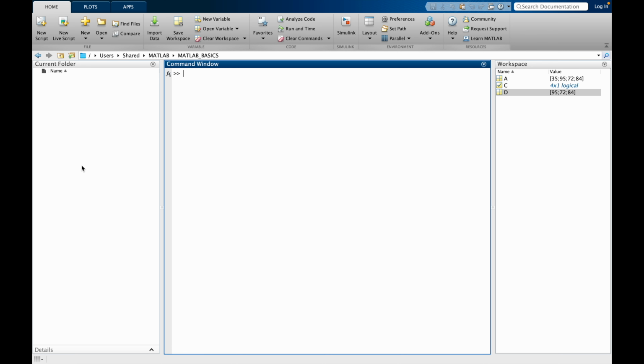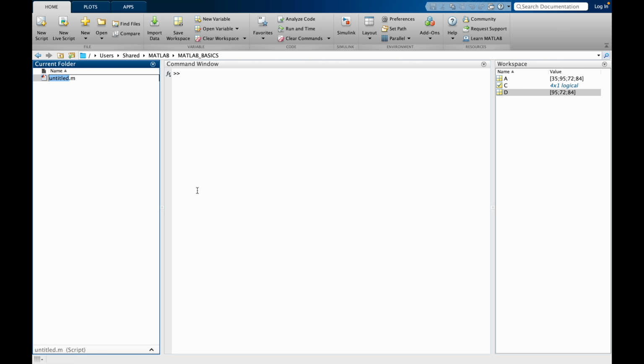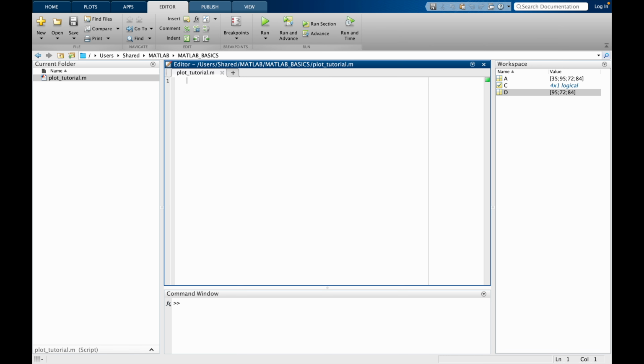For this we need to create a small script. To create a script, you need to go to new file and click on script. Suppose I want to give the name as plot tutorial. Okay, and I will open this file. So, how to write a MATLAB script file: you can type double percentage and that will create a section. So this starts a section,